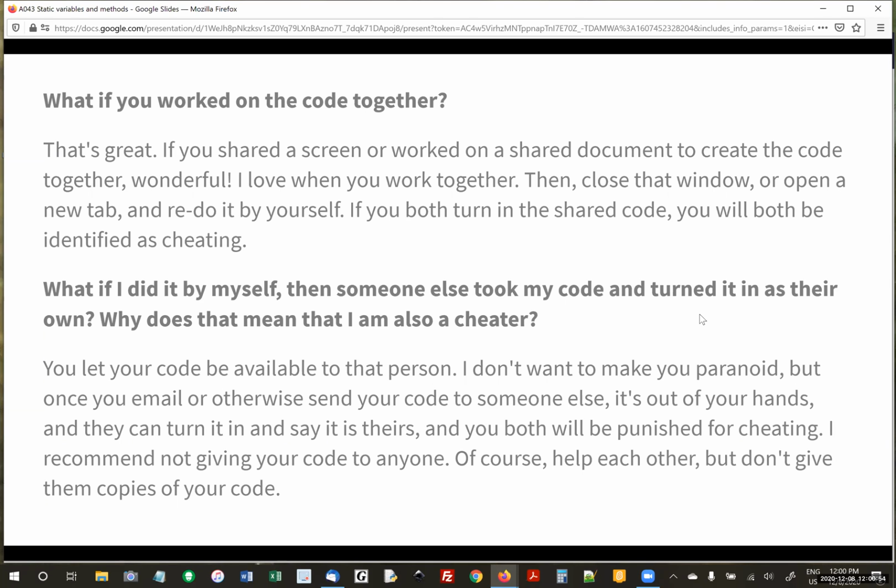I say, hey, that's great. I'm glad you're working together. I'm glad you're cooperating and helping each other. If you shared a screen or did it on a Discord or whatever you all do, shared document, wonderful. You could share a REPL all together and type it. Great. Don't turn that in though. If you did it all together, then you need to close that window and each retype it yourself, by yourself. No matter what happens, you have to do it by yourself. If you all turn in the same thing, you will all be marked as cheaters